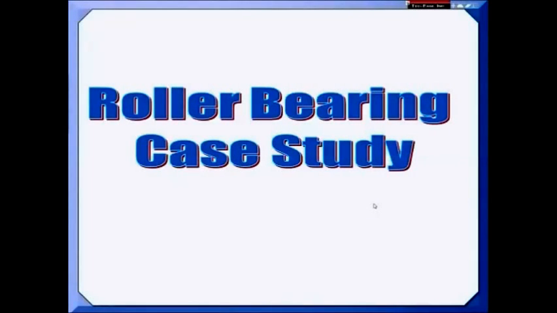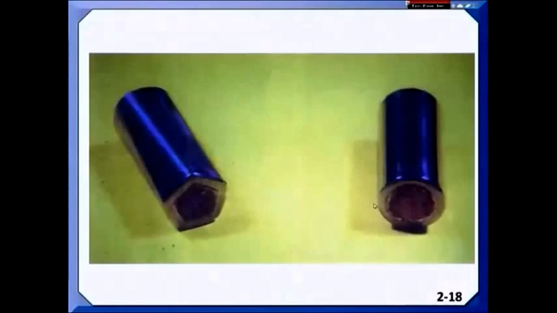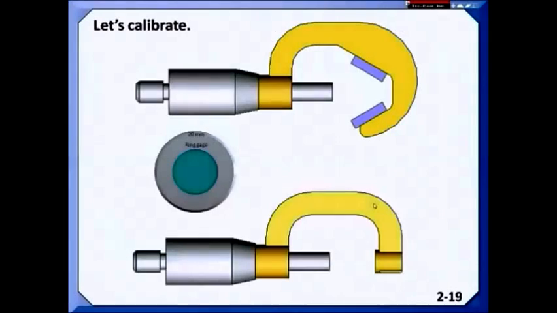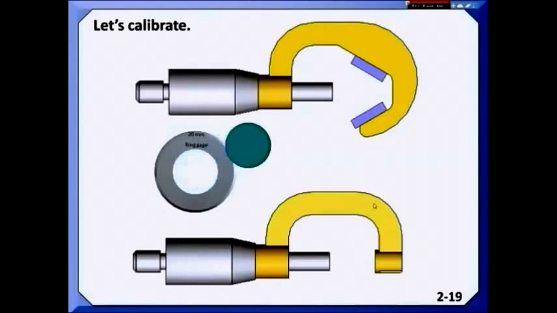As I said, we use several case studies. Here's one of a roller bearing. This was a brand new roller bearing as shipped. These two rollers were right next to one another. And we show how Rule 1, if used correctly, would have picked this problem up, so it wouldn't have been shipped to the customer. This is an overlay that the students have that they get to work with, and first we calibrate our ring gauge at 20 millimeters and our anvil mic